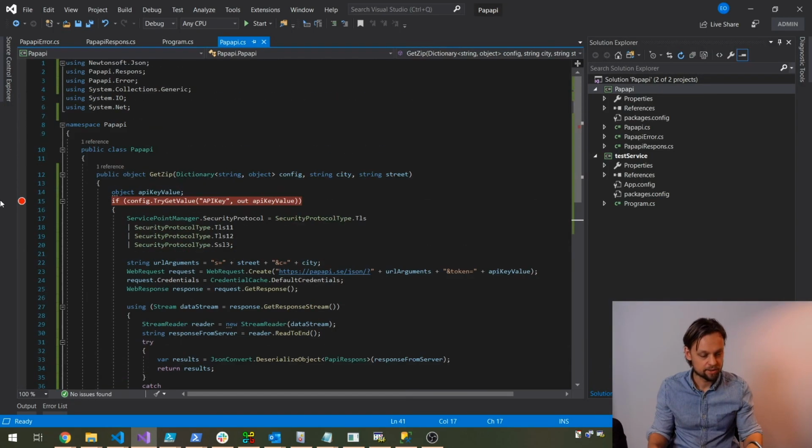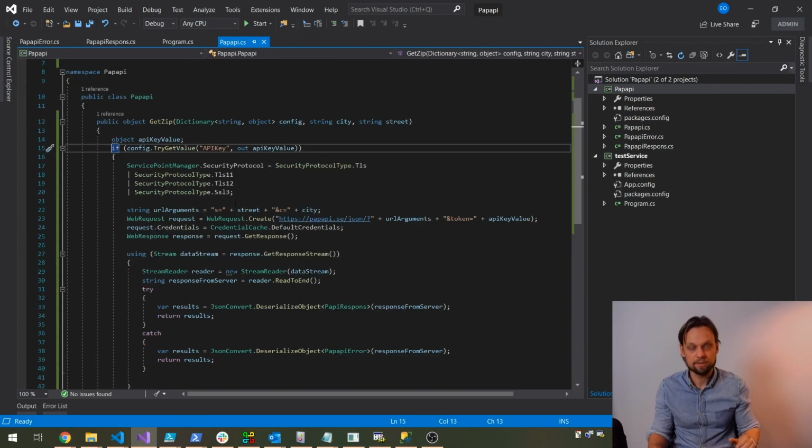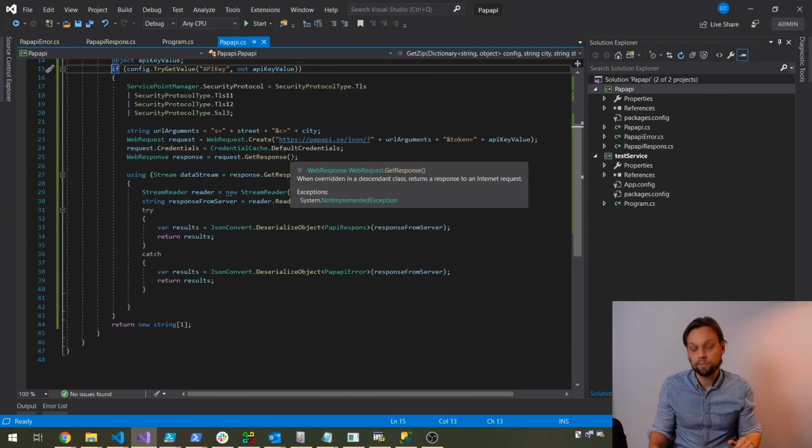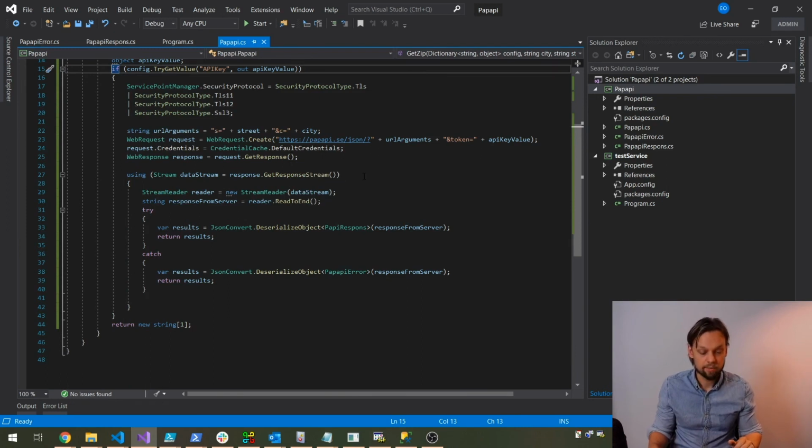And in here we just added the Newtonsoft JSON library, and we did a basic web request like we did in PowerShell, and then we deserialized it from JSON to an object that we could return out to the JavaScript afterwards. So hope that you have gotten something out of this video, and see you next week on next week's